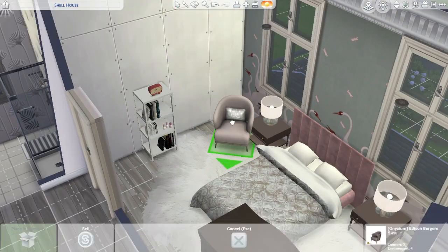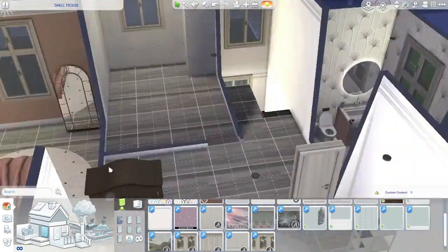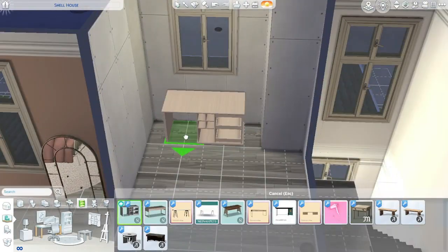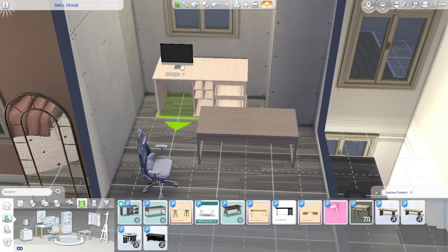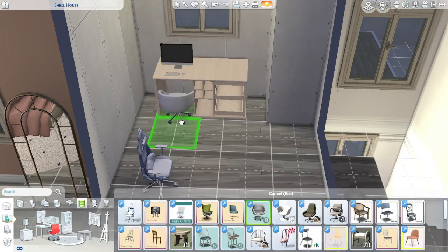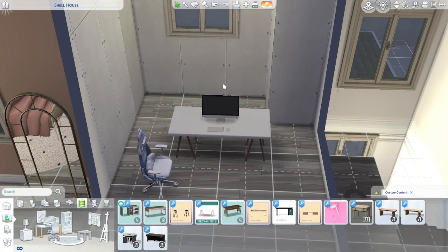And then I ended up going with this swan wallpaper. I thought that was very, very pretty. I have all these different wallpapers, and I didn't know where to use them, so I just put that back there in the bedroom. Okay,